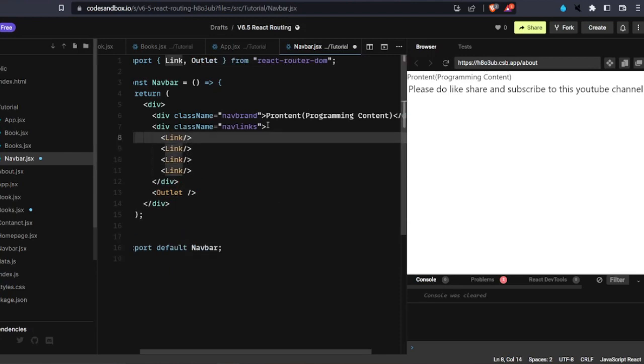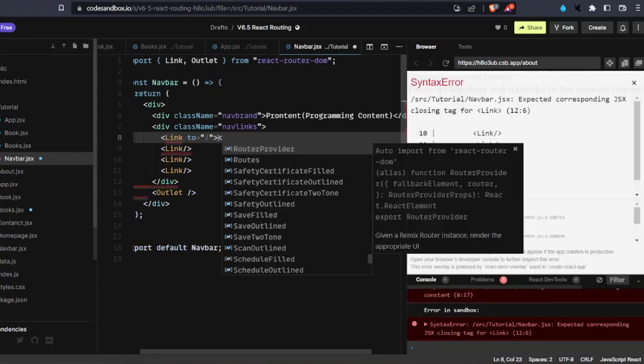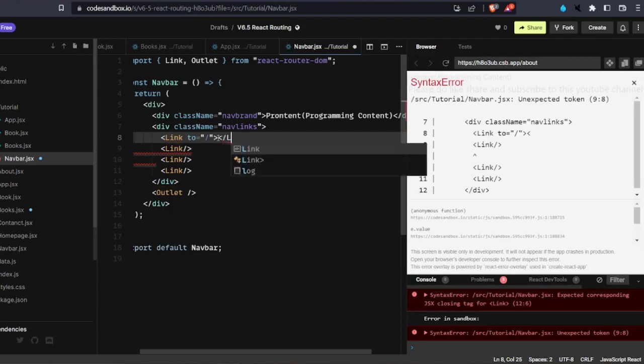Links are basically very similar to anchor tags, but these links are coming from React Router DOM. This will help us redirect from one page to another without reloading the page. If you use an anchor tag, you will see that your page starts loading again, and we don't want that to happen. That is why we are using the link tag, which is provided by React Router DOM itself. So instead of href, we'll use to over here. The first thing is going to be slash, and the component that we are going to be passing over here is